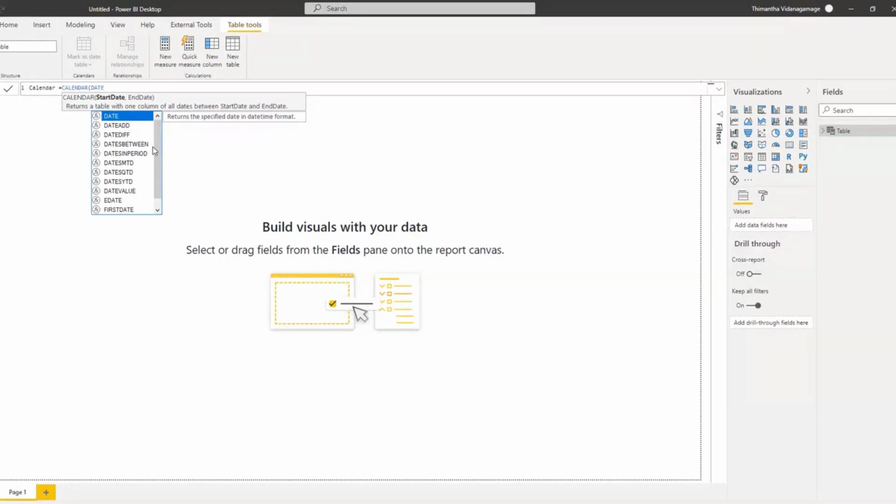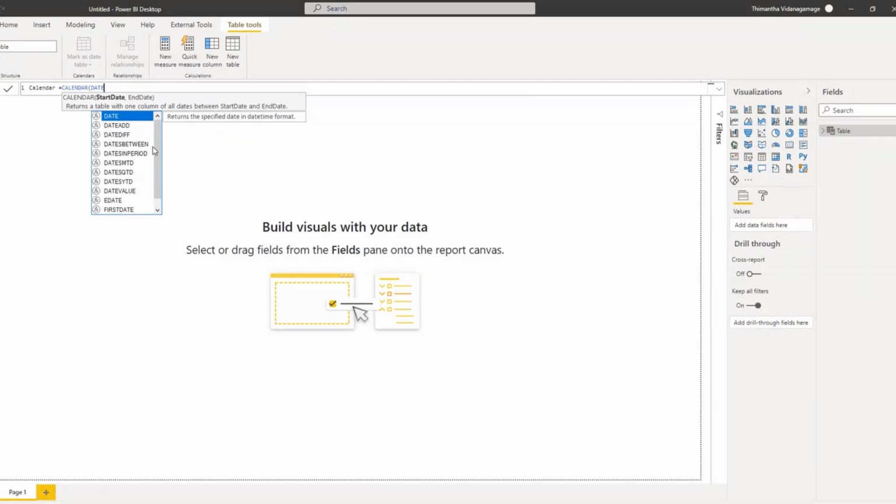The calendar function is used to list the dates in a specific range in a table. You can see when I use that function, its purpose appears there itself: returns a table with one column of all dates between start date and end date. So let's do that.